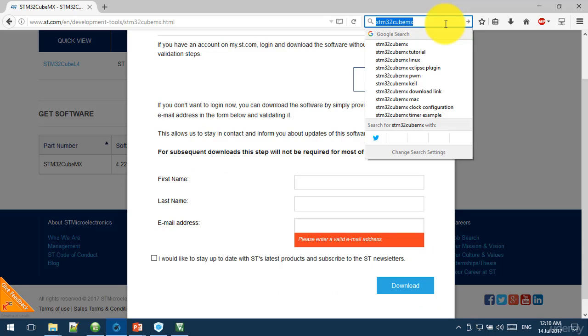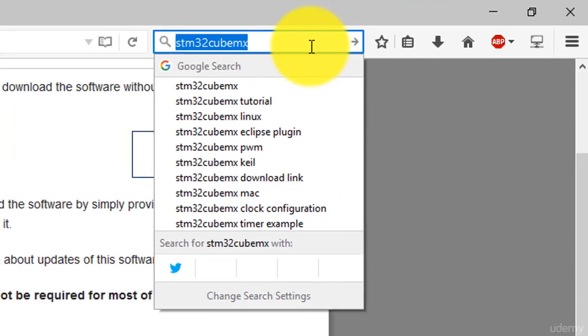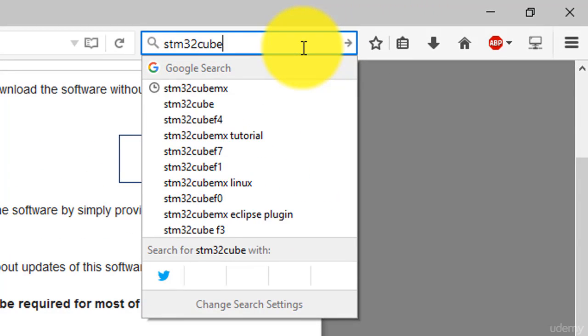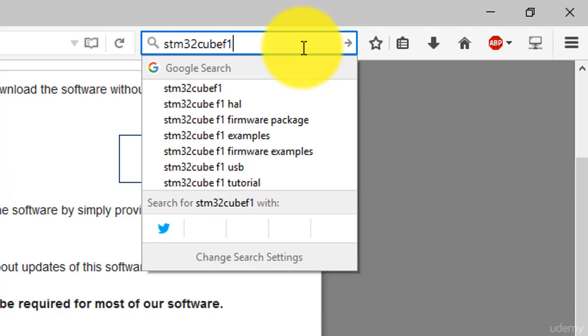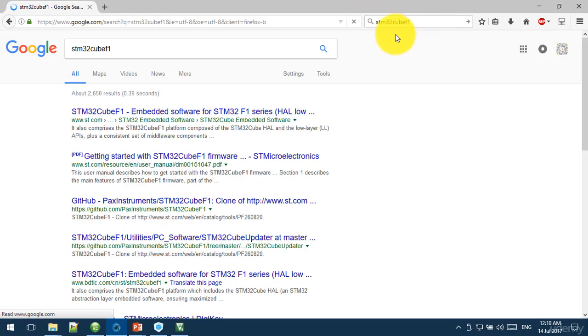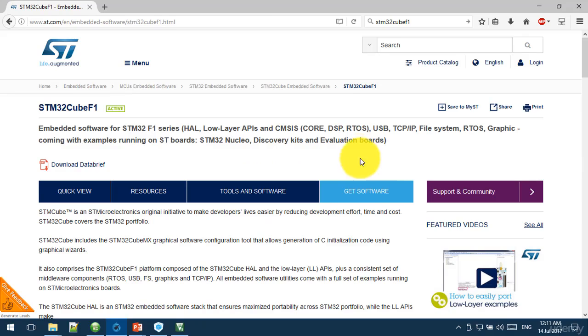To download the HAL library, you can search for STM32 Cube F1 if you are using F1, and then click this, and then you can click this button.